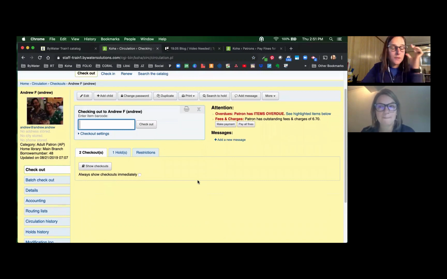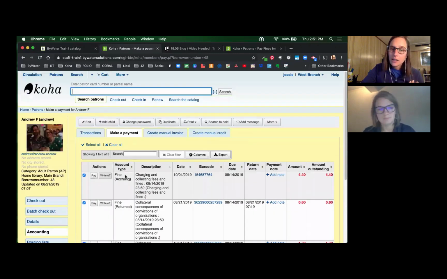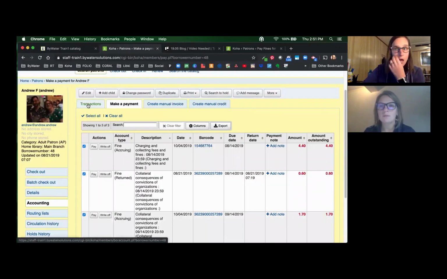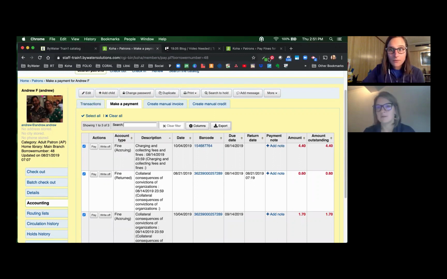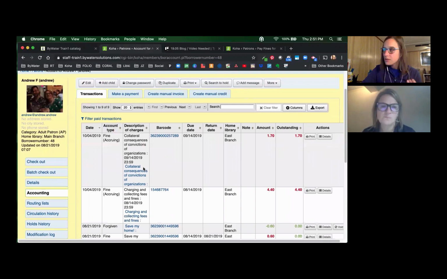Yeah. So the big change you're going to notice first off is the tab in your patron details is changing from fines to accounting. Yep. So now you'll see it says accounting over here on the left. When we click on that, you'll notice that the next tab, which used to be called accounts, is now called transactions. So you'll still see that same type of information there, that historical look of what's been paid, what's been accruing,